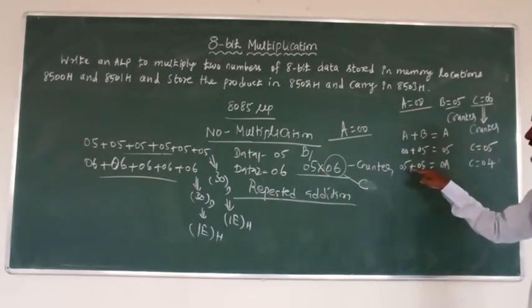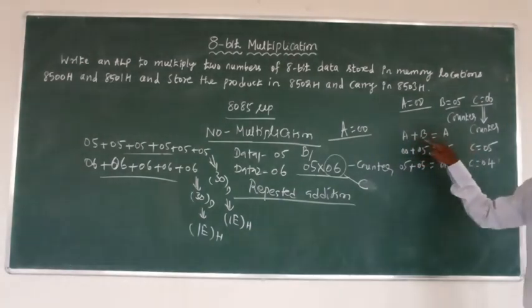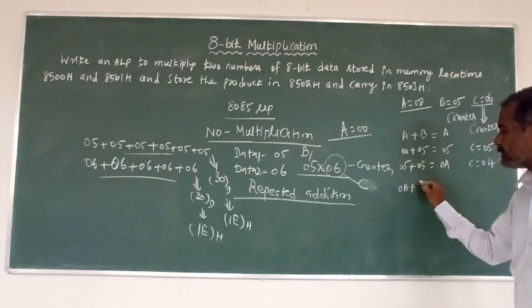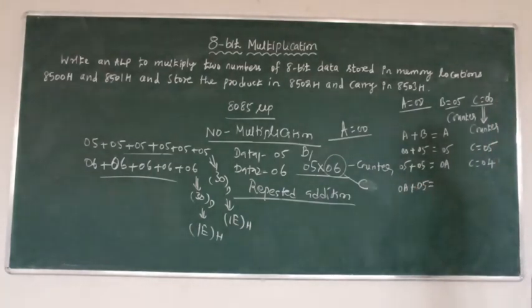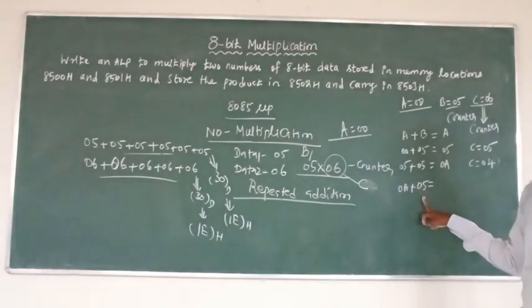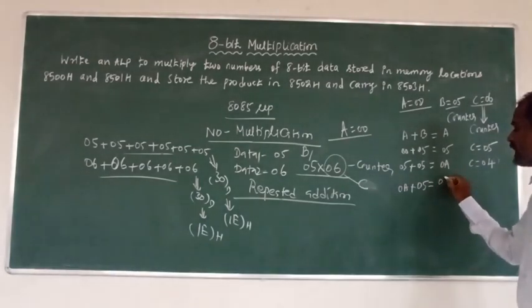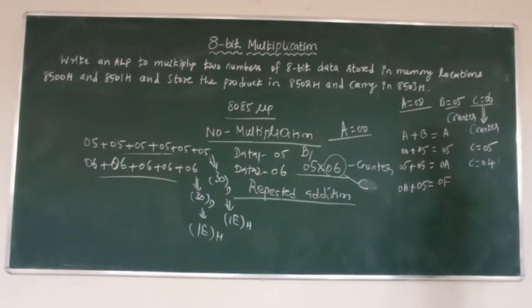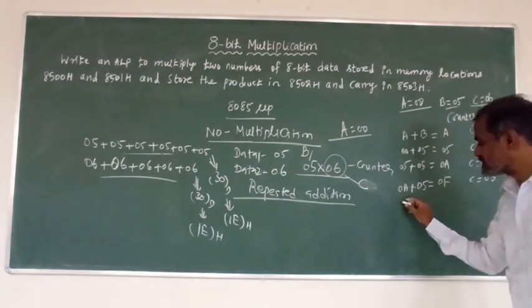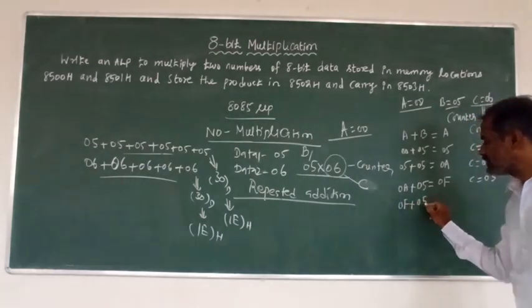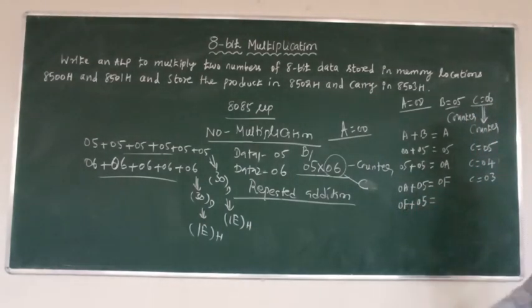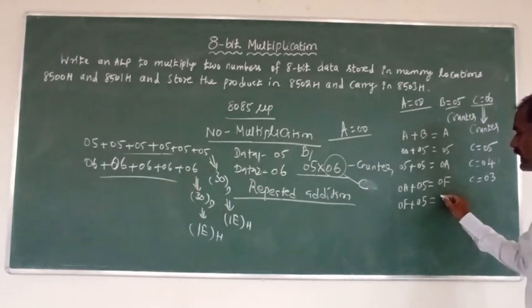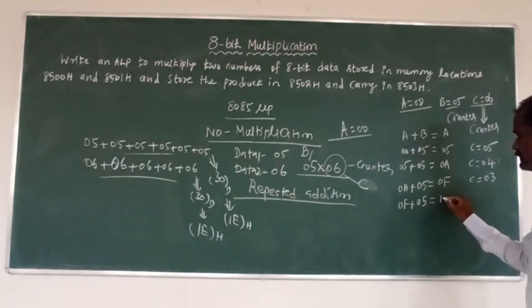Not 0, so again jump to here and add these two data. Accumulator data 0A plus B register data 05. Adding these two, 10 plus 5 is 15 in decimal, and the corresponding hexa value is 0F. Again decrement the C register. Check whether it is 0 or not. No. Again jump to here. Same concept, A plus B. A value is 0F and B value is 05. Now 0F means 15, plus 5 is 20 in decimal, and the corresponding hexadecimal value is 14.